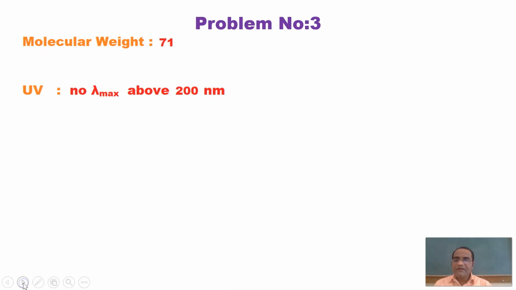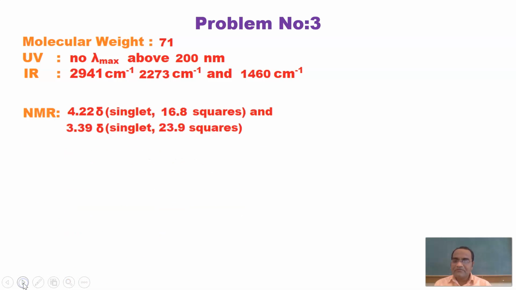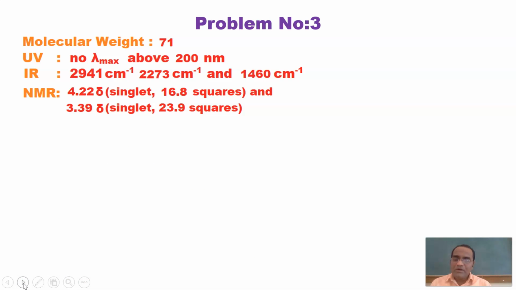Molecular weight 71, UV not above 200 nanometer. After that IR, which is similar to the previous problem: 2941 centimeter inverse, 2273 centimeter inverse, and 1460 centimeter inverse. NMR values: 4.22 delta value, singlet, giving 16.8 squares, and 3.39 delta value,